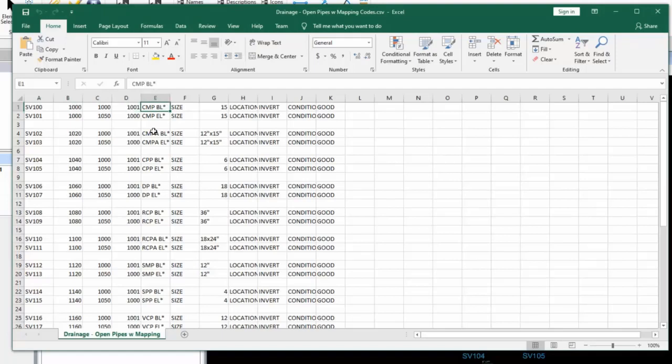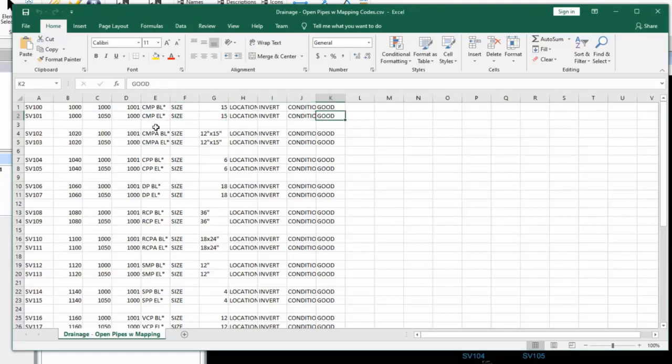There's my field code for a corrugated metal pipe with a begin line asterisk, BL asterisk, mapping code, and 3 attributes: size, location, and condition, and then the values for the size, the location, and the condition. So the next line is just the next point, coordinates, ending that first line, and then its attribute information.